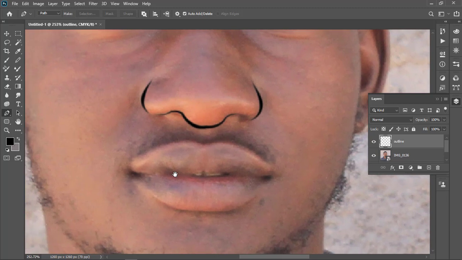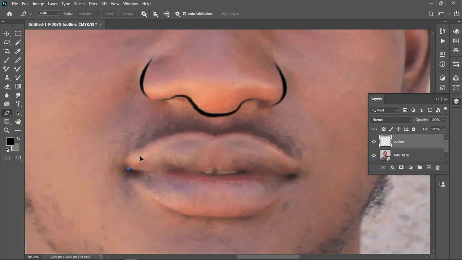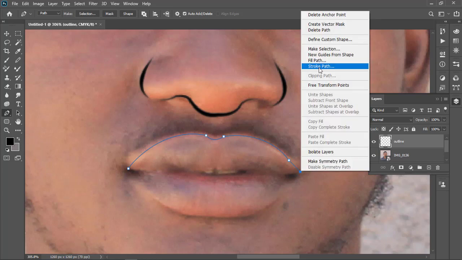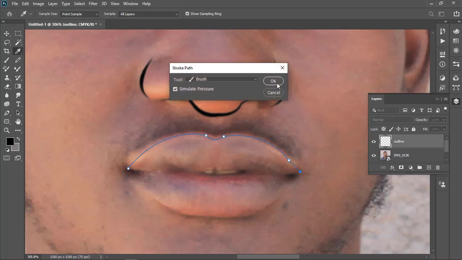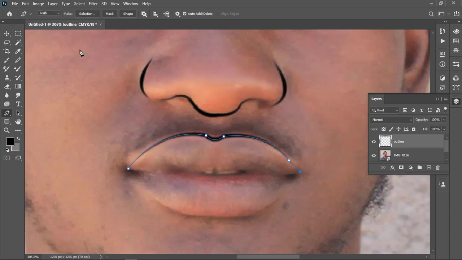Now coming to the lips, you come here, you draw. On the lips again, I'm still going to continue with simulate pressure, enter.